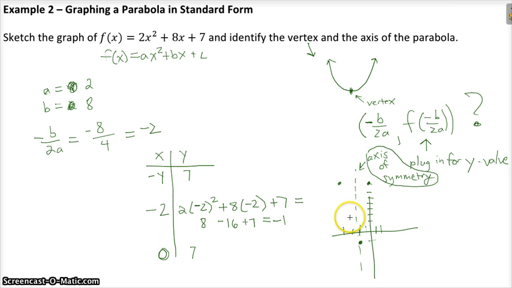Right? So now I'm just going to plug in one more point. Plug in negative 1. If I plug in negative 1 to this whole equation, I get 2 times negative 1 squared, or 1, plus 8 times negative 1, or a negative 8, plus 7. So I get a positive 1. That means the other side also will be a positive 1 as well. So I have